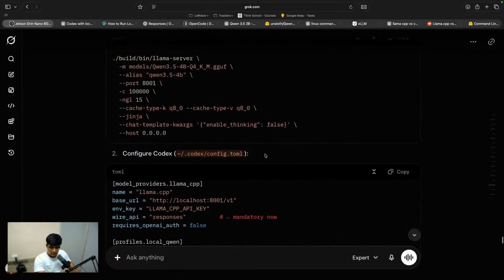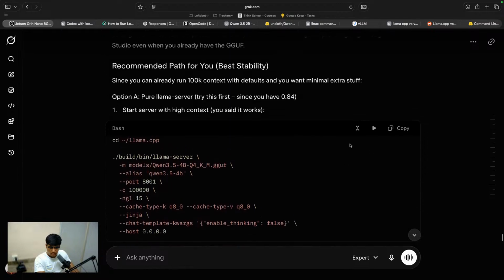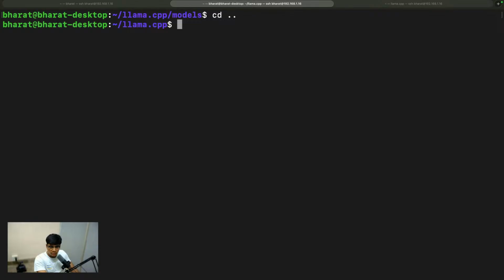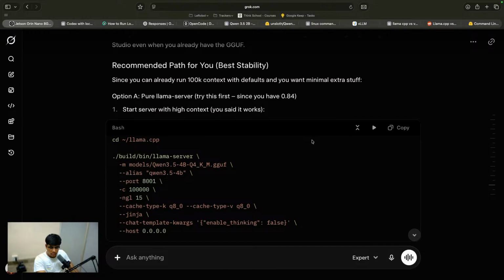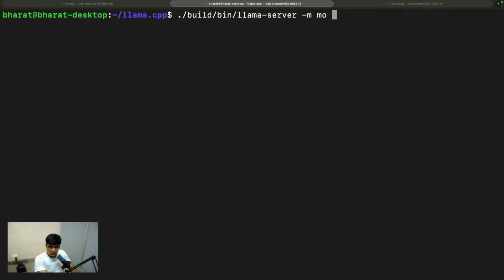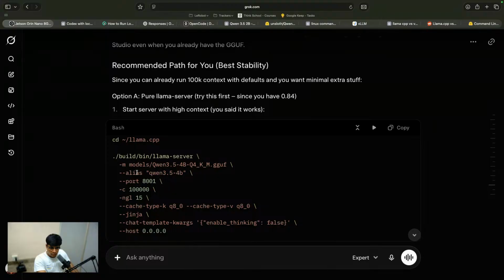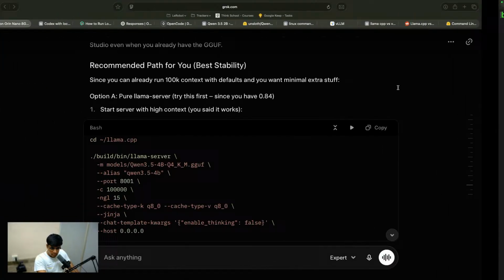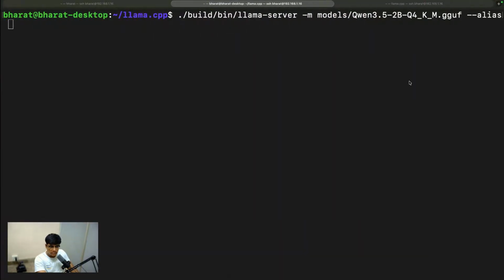Let me just try to run it like this. Let's see what it does. So let me come here and run it. So build bin llama server. The model is models slash Qwen 3.5. Mine is a 2 billion one. And what I need to look at is, okay, so let's set the alias as well. So alias to be Qwen 3.5 4b. That's not what I have, but